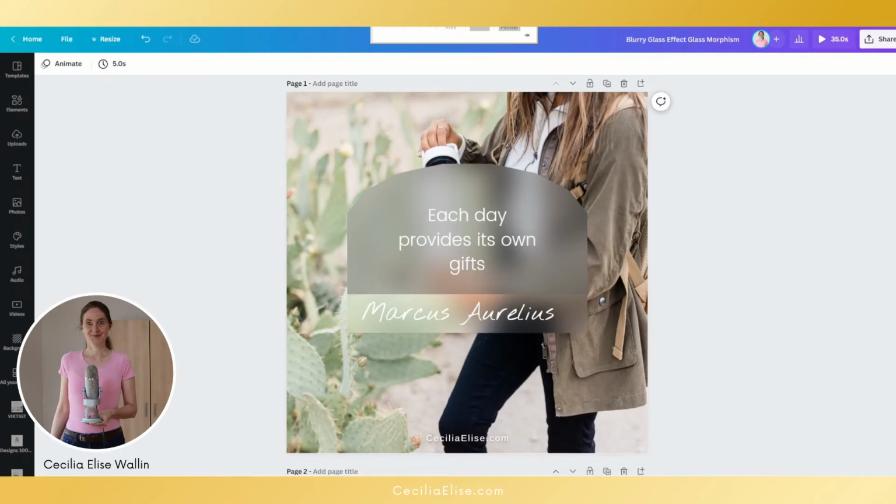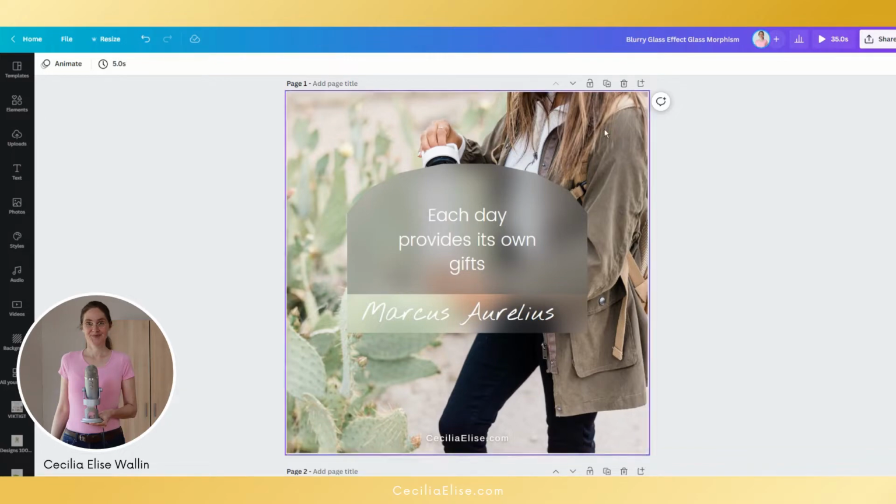To create a blurry glass effect in Canva. A blurry glass effect, also known as Glassmorphism, is so easy to create in Canva. Here in front of us we have an image I have created, and I will now show you how to make a similar image. So what you can see here is a blurry glass effect, and let's make a copy